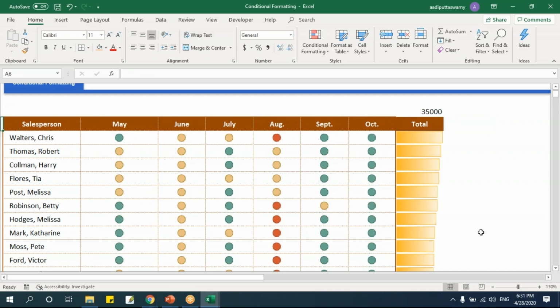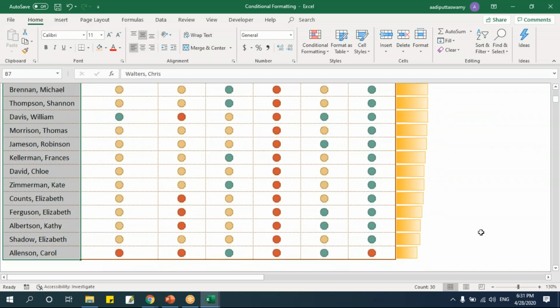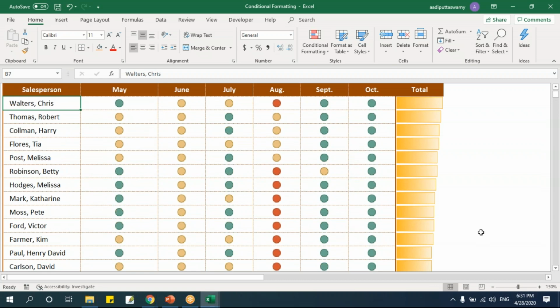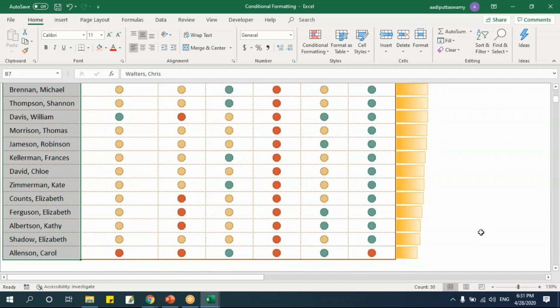Another way of formatting. Let's go here. Let me select this. I want to highlight all the duplicates. Sometimes I have data where everywhere it has to be unique values, but what has happened is some data are duplicated, meaning they're entered twice or more. I want to check which data have been duplicated or are appearing more than once.